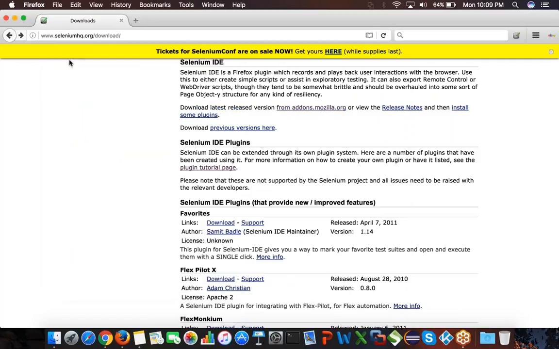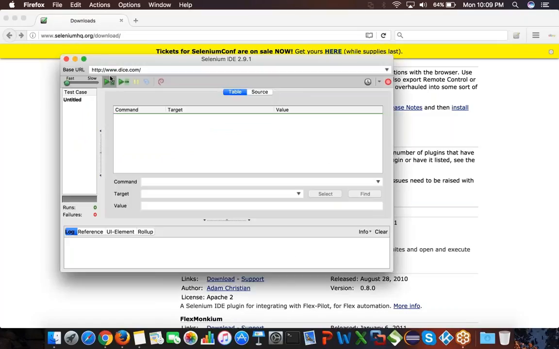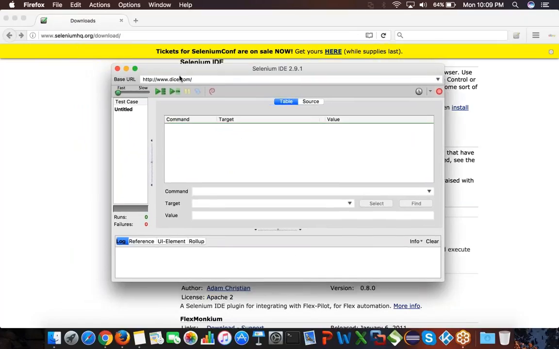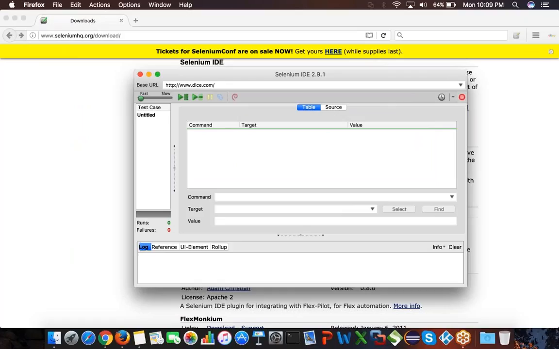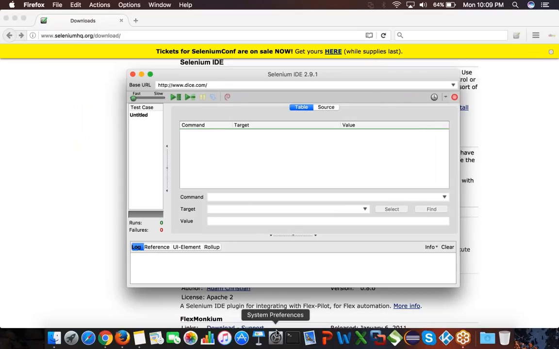So the same way in your computers also, you should have a tool called Selenium IDE. So just click on this one, and now this is a tool. So this tool is already installed. So now how can we automate? So when I say automation, I've already told.